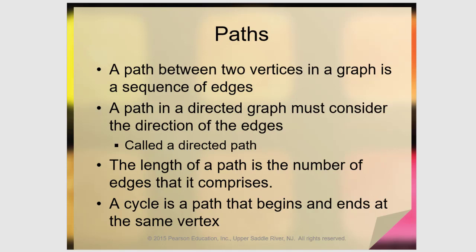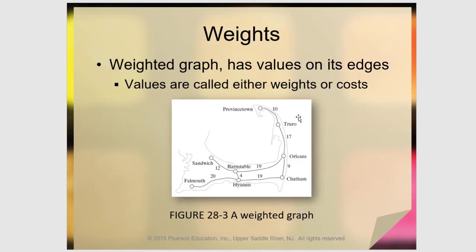So if you only repeat the one vertex twice and you go in some sort of a circle, essentially that's a cycle. It's a path from the node back to itself. So if I went from Barnstable back to itself through Orleans, so Barnstable to Orleans, Chatham, Hyannis, and back to Barnstable,